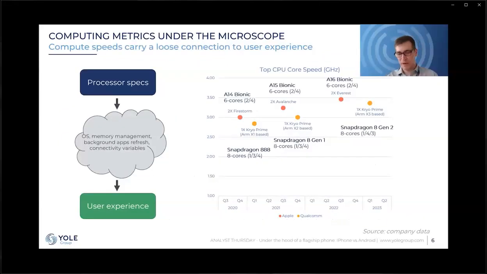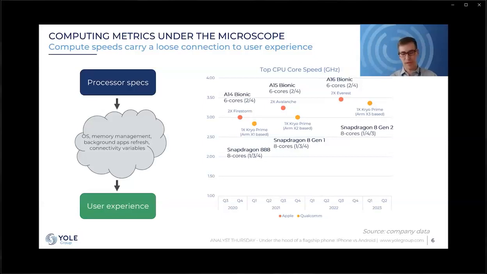When we think about the performance or the design trends within the processors themselves, let's take a look back at just the last 3 generations. On the Apple side, we're looking at the A14, A15, A16. And for the flagship Android side, here we're showing the Snapdragon evolution from the 888, 8 Gen 1, 8 Gen 2. Some interesting trends to point out.